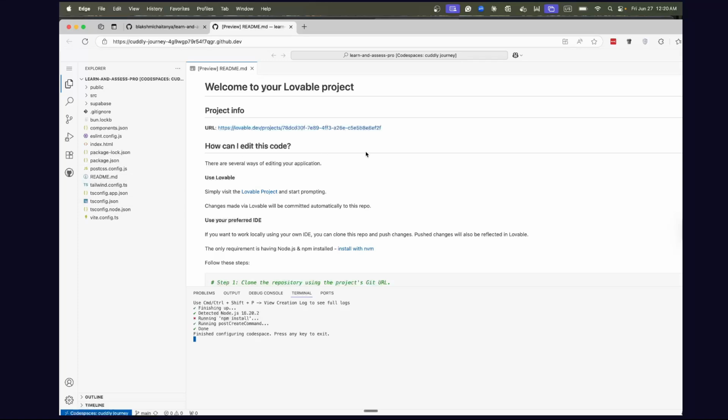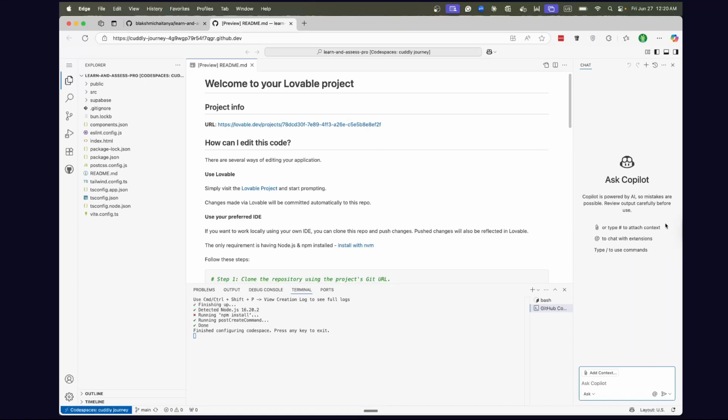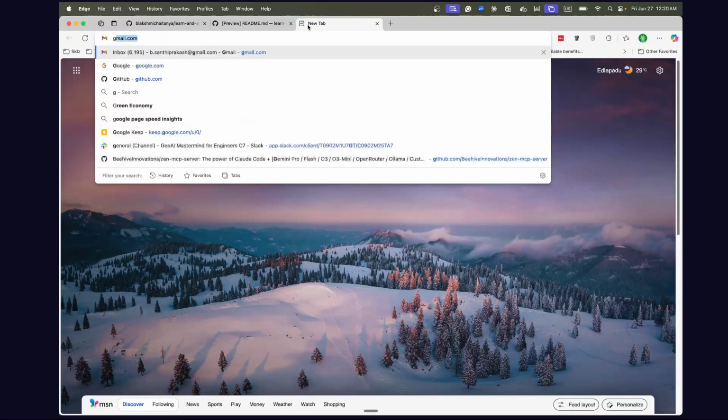Now there are two options. One is you can use GitHub Copilot from here, where you get a 2000 messages per month limit, which is very sufficient if you start using it. So if you look at,